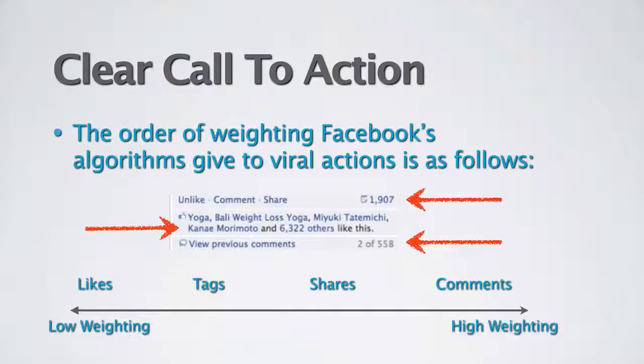So here's an example. Remember, with Facebook's algorithm, not everybody's going to see your posts, but Facebook figures out, and they have a weighting system based on the number of social actions your post gets. Likes have the lowest weighting, and comments have the highest weighting. Now, I don't know this for sure, but I have a friend that works at Facebook, and I heard that a comment is about 8 times as powerful as it relates to EdgeRank and how many people are going to see your posts